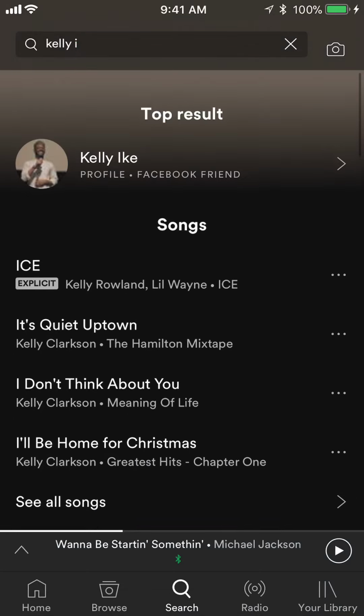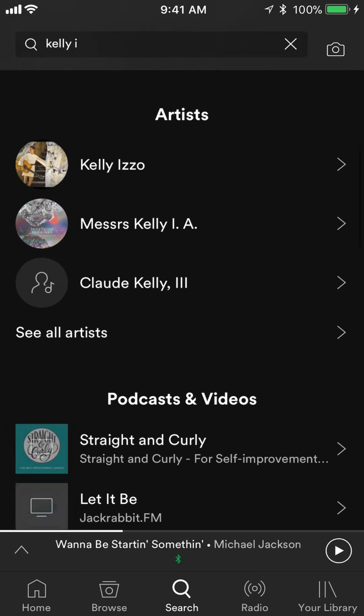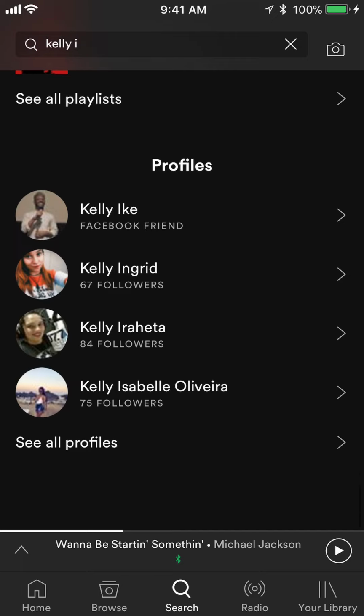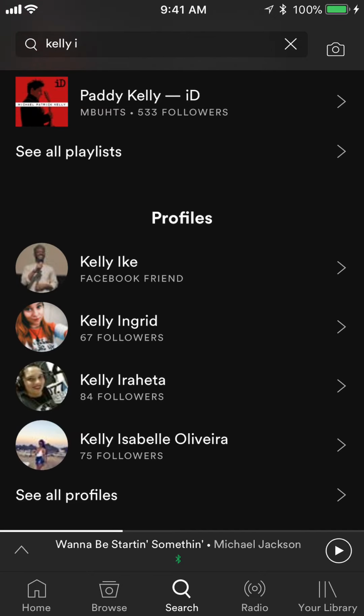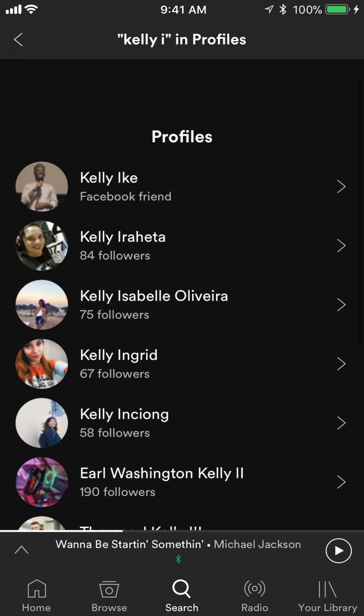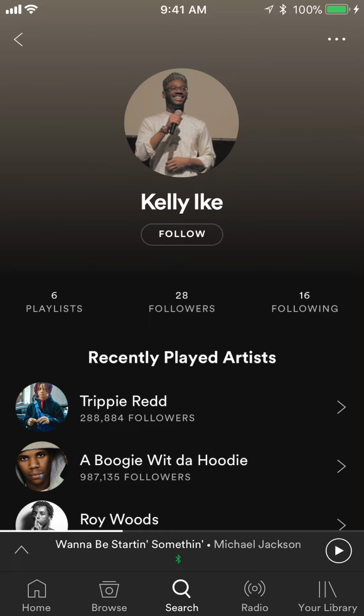Oh, and then if it doesn't show on the top result, just scroll down to where it says profiles, all at the bottom. And if you click on where it says see all, this will show you all the results that came out from that search, okay? So tap on that friend, and then as you can see, just under their name and